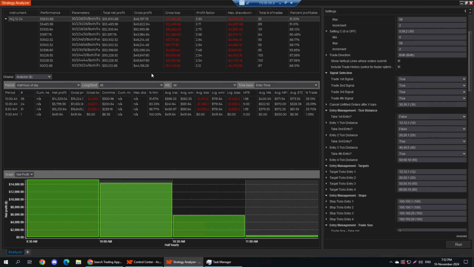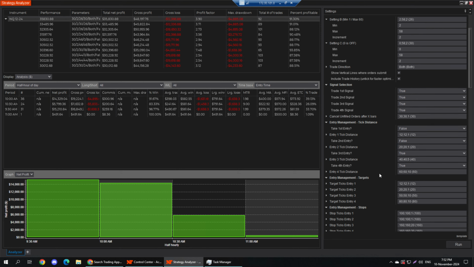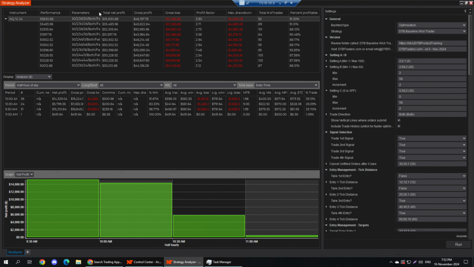Okay, so that one there had slightly different results. We've got 35. I see it's a little bit higher with a 4-4 drawdown, 92 trades, and 91% accuracy. So that's what this has done. And you'll see over here,